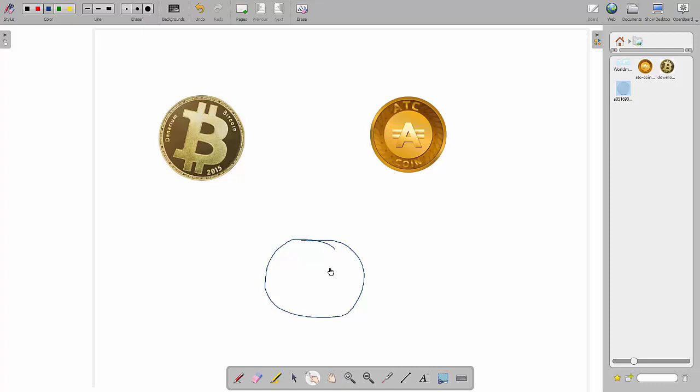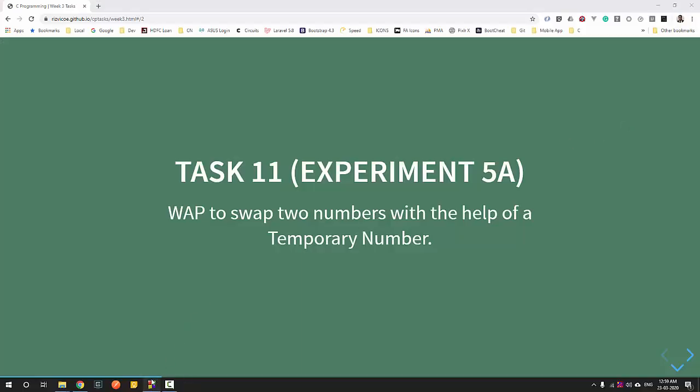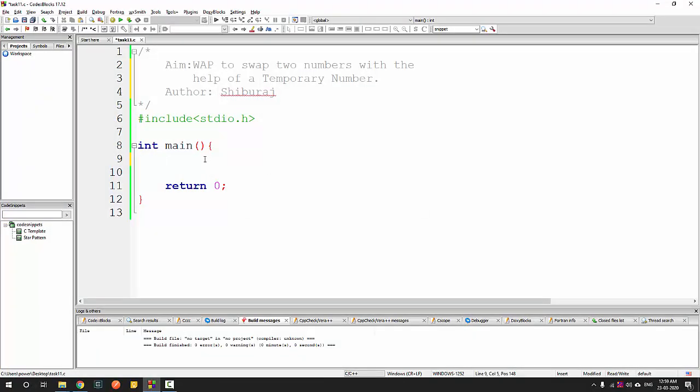Okay, so let us try this in practice. Let's take two variables, let's say int A and B. A and B have to be swapped. Whatever is the value inside A and B needs to be swapped after the program executes. We have already established that we need a temporary variable, so let us call it temp. Now the first step is to get the values of A and B from the user. So let us take